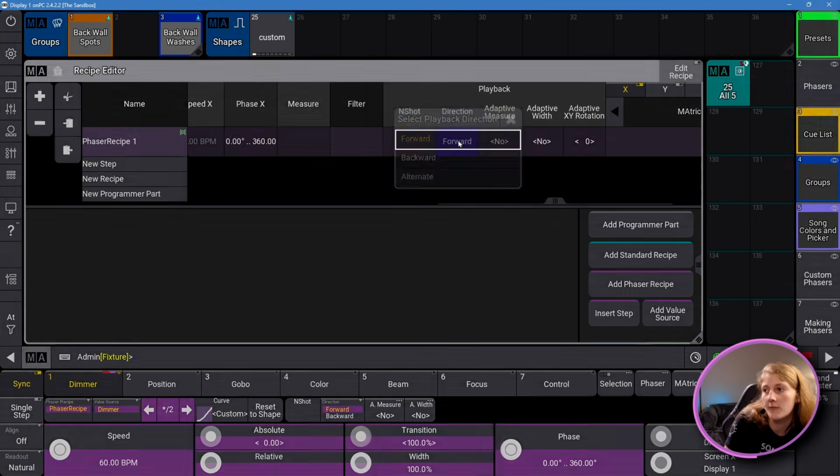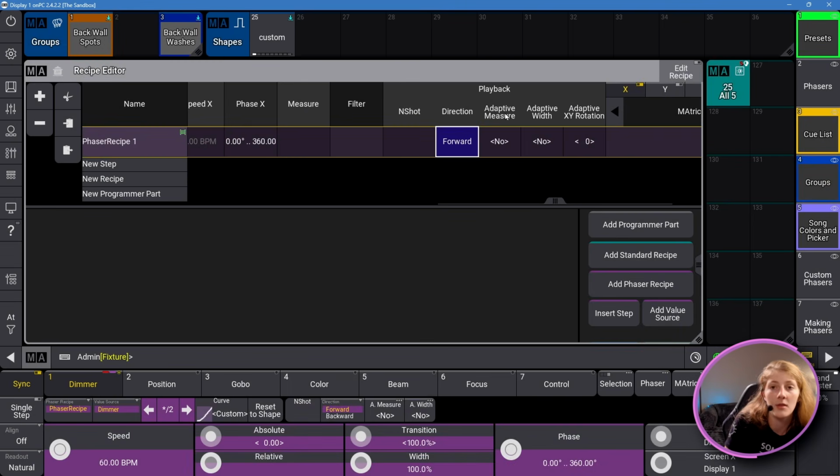Direction can be forward, backward, or alternate. This is a way that you can make a bounce. And I think I mentioned this before, but InShot does exist in the old way of creating phasers. Direction and the adaptives do not. Okay, now we've created a great phaser recipe, but